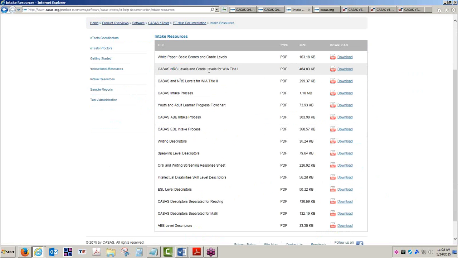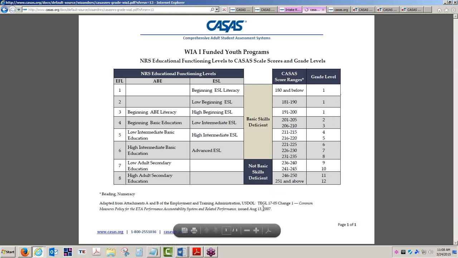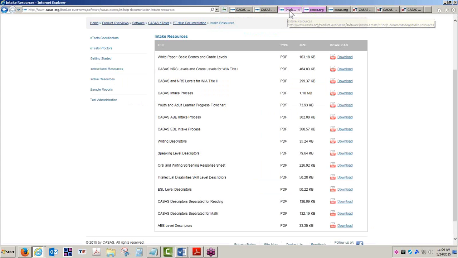There is an NRS levels and grade levels for WIA Title I programs, so you may want to take the time to review this. You have the NRS EFLs listed on the far left, the ABE instructional levels, as well as the ESL instructional levels, the CASAS scaled score ranges per level, and the corresponding grade levels. Now this is for reference of WIA Title I